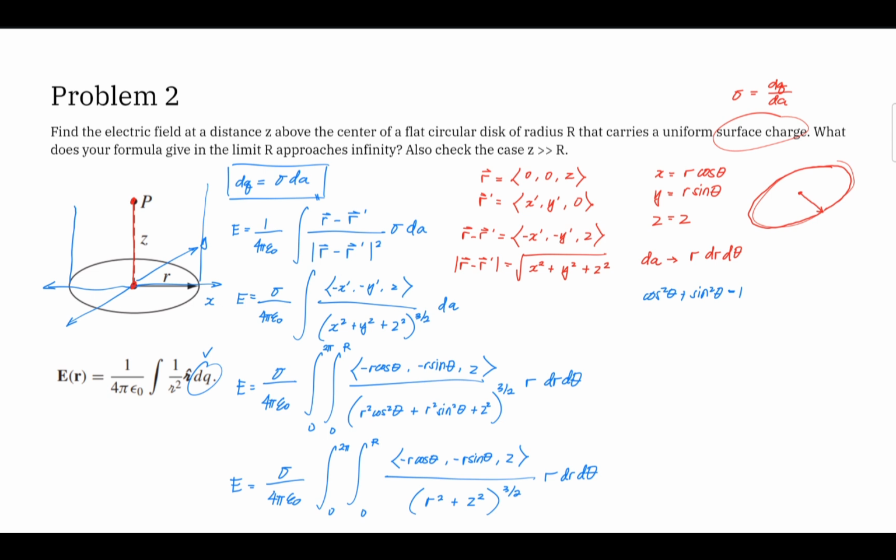So as you can see, your denominator has essentially simplified even further,